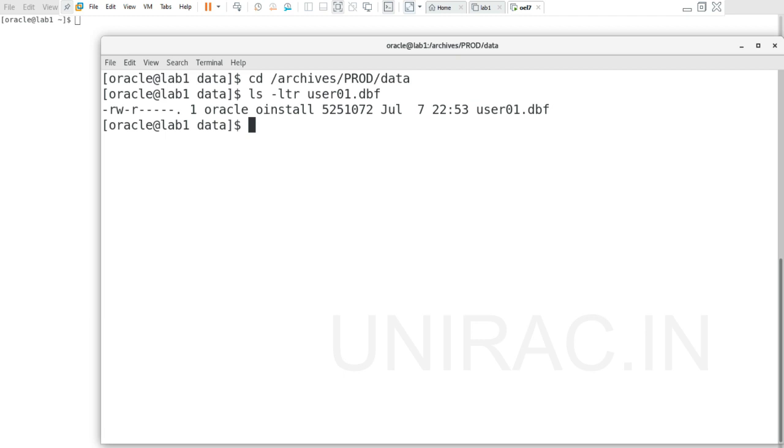This is one of the major features in case we added a data file in a live production database with the wrong name or in the wrong location, or if your file system is full, you can move the data file to a new file system that was created.